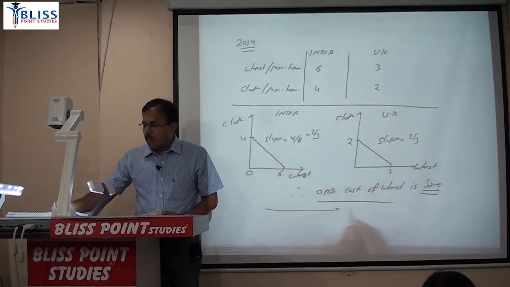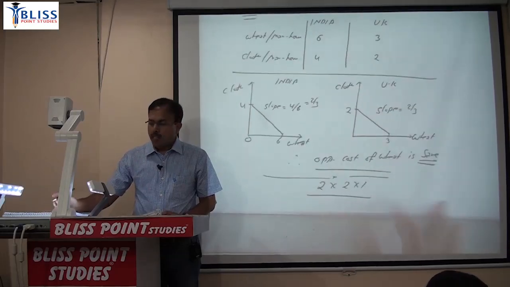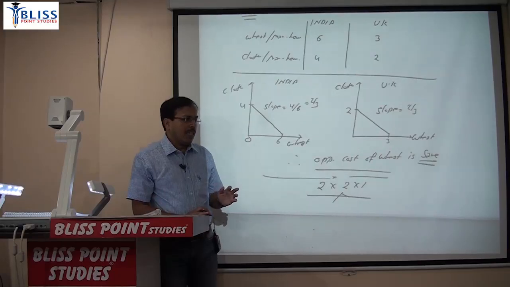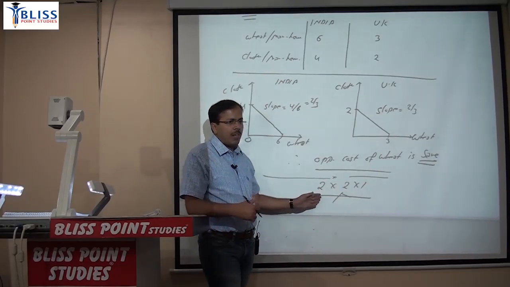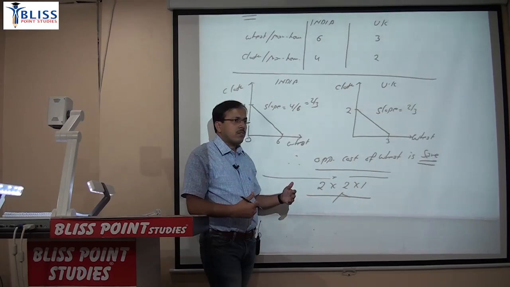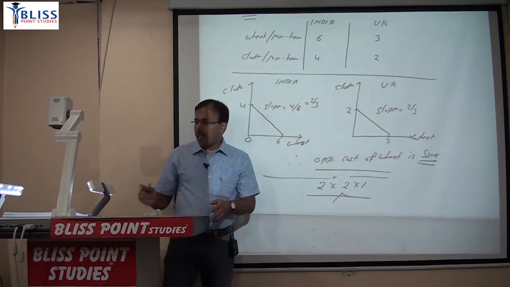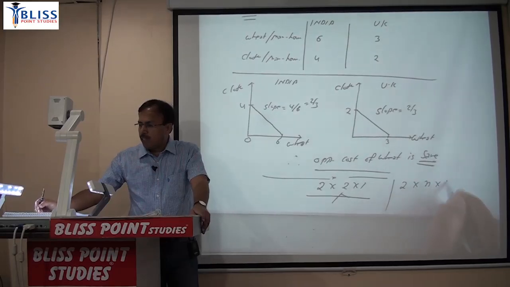Usually this model is a 2 by 2 by 1 model. In the case of two products, it is very easy. Because if in one product the home country has the advantage, in the other product the foreign country must have the advantage, only then trade will occur. But if you generalize it by saying that it is 2 by n by 1, then